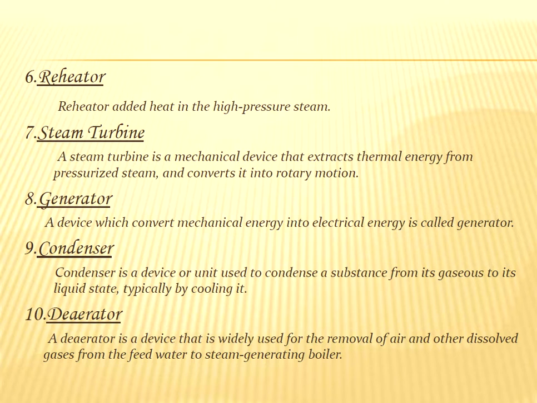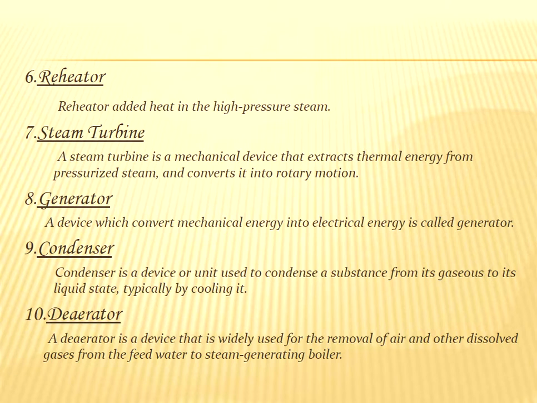When the steam is passed through the steam turbine, it rotates the turbine because of the high energy which the steam has got, and this pressurized steam converts into mechanical energy. Then we have a generator. Generator is basically an electrical device which converts this mechanical energy which the turbine has, and basically a turbine and generator, they are connected through a shaft.